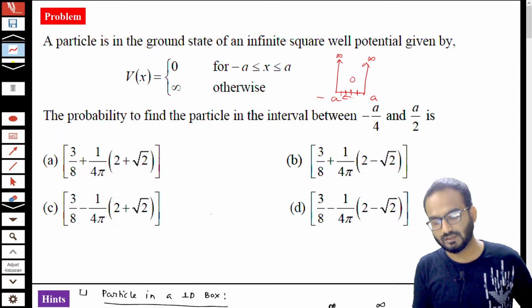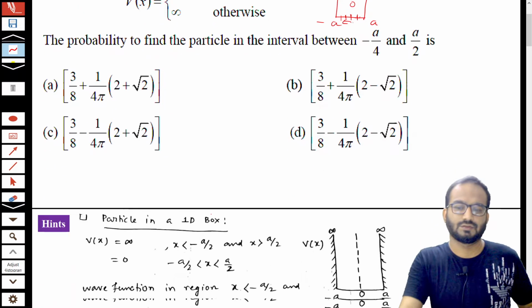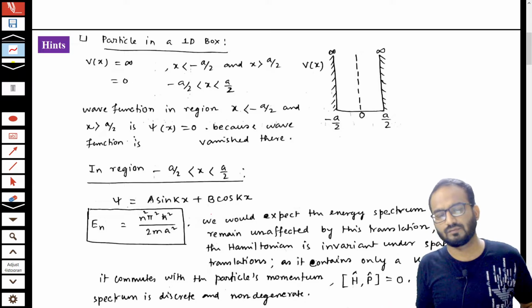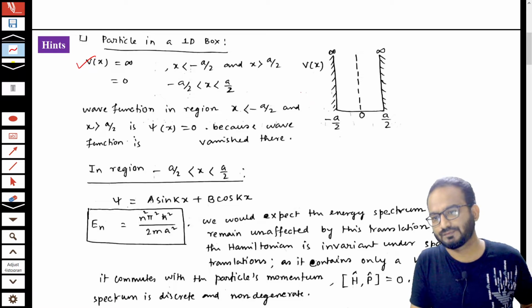Before we can solve this problem, we have to understand that this is the case of a symmetric infinite potential well. This is different from the asymmetric infinite potential well. So here I am trying to tell you a little bit about the theory briefly. V(x) is equal to infinity in this regime and in this regime, and it is 0 in between minus a by 2